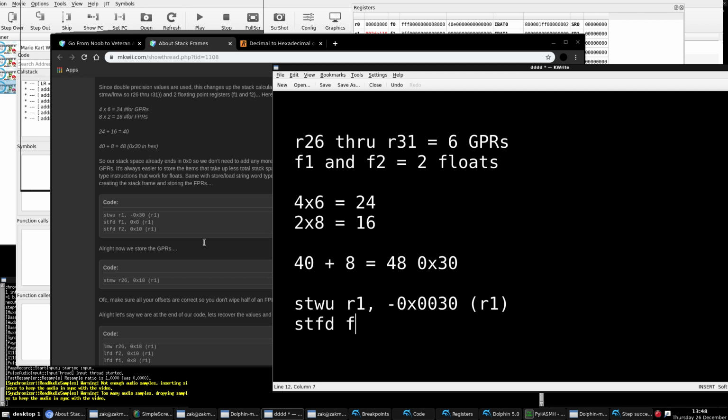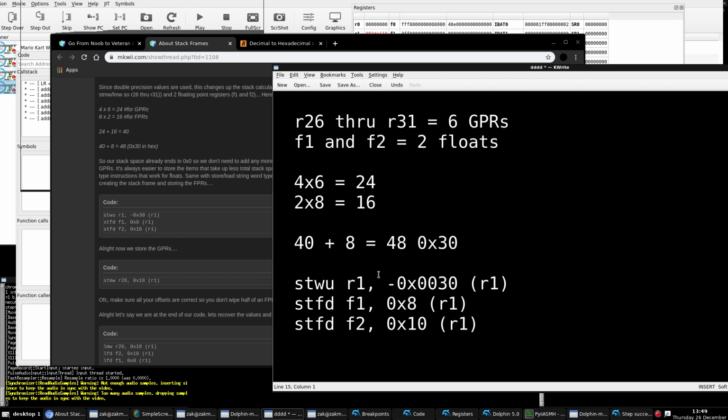Now, there's one kicker about floats, that you have to store them one at a time. So keep that in mind. If you really need to use floats and you have to push a stack, this is going to waste a lot of lines in compiled code length. And then once you get done with that,